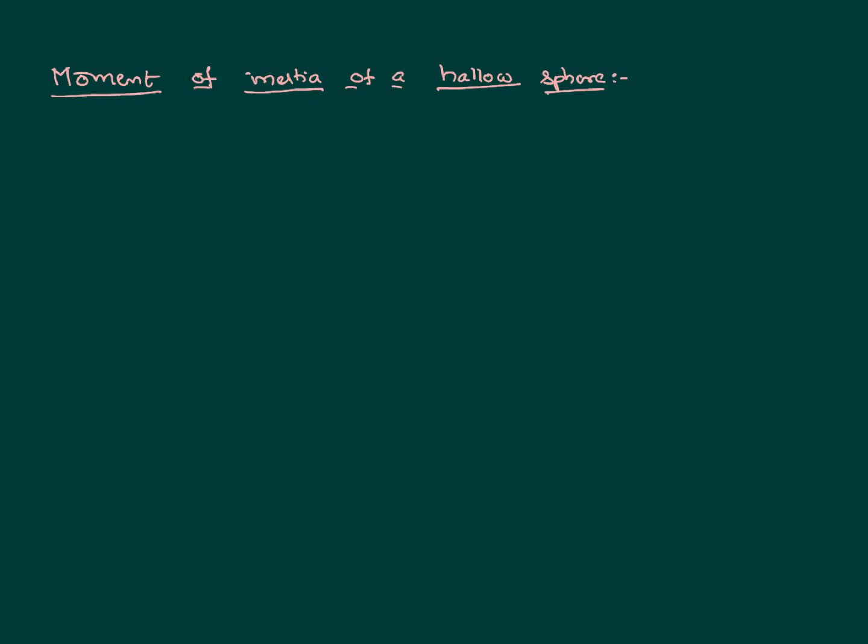A hollow sphere is like a plastic ball, where inside it is empty. So this is a body. Let us assume its mass is m and its radius is r. And as it is rightly said in the earlier cases also, we need to calculate the moment of inertia about a basic axis, any one basic axis, using the perpendicular axis theorem or a parallel axis theorem. That's the second part. But in the first part, we need to calculate it about a given axis using